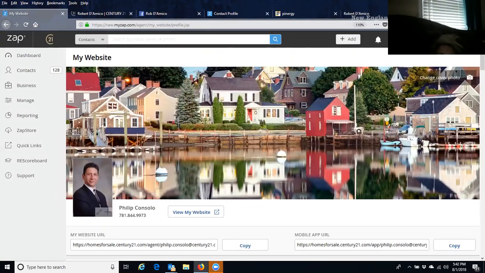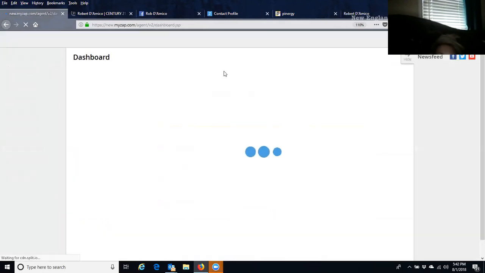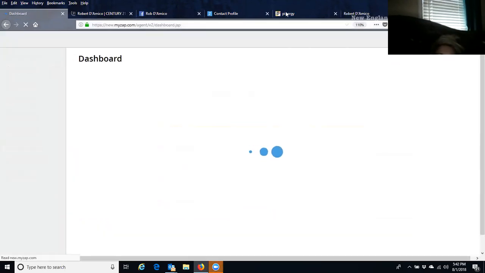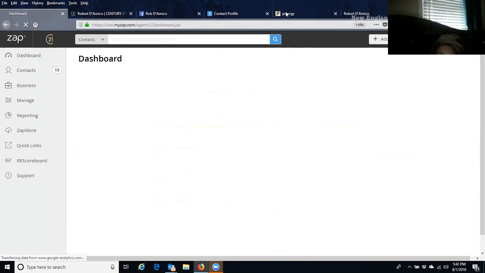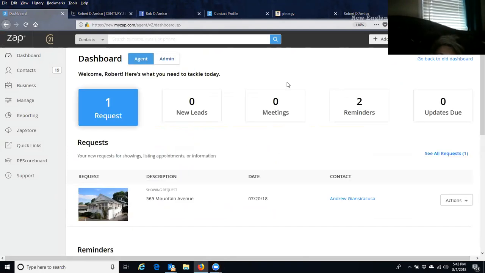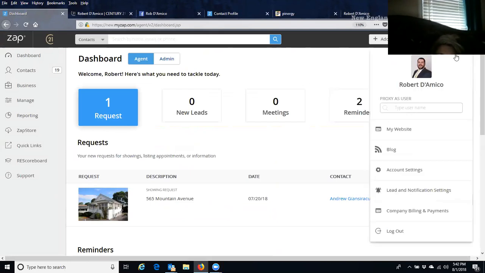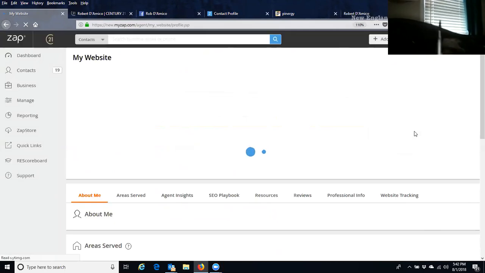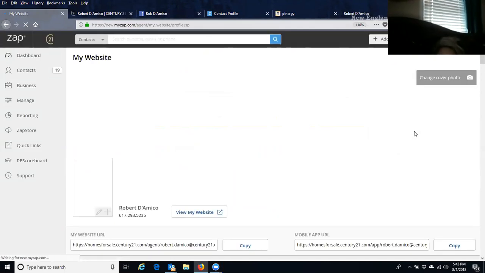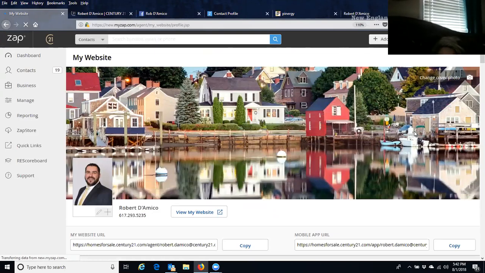Where are they importing from? Real Satisfied surveys. So everybody gets a Real Satisfied survey account. And when you have a closing, you give the administration team the customer's email address. The customer will now get an email from you, the agent, automatically when the deal closes. As soon as it's closed in the system, they'll get an email: Hey, it was great working with you. Please take 5 minutes to fill out my brief testimonial. They'll fill it out,